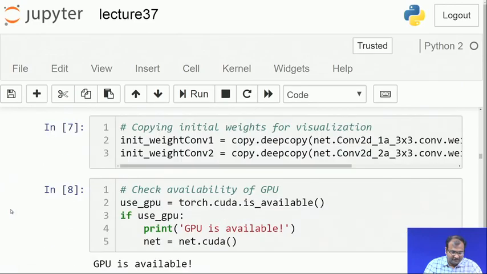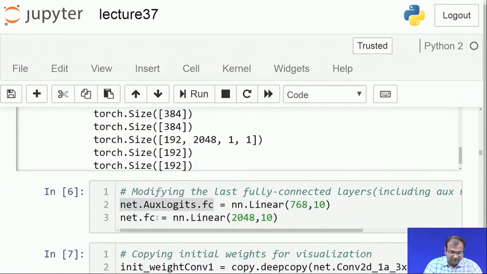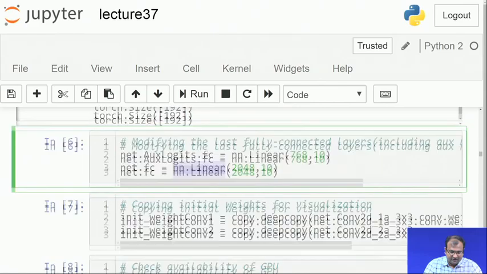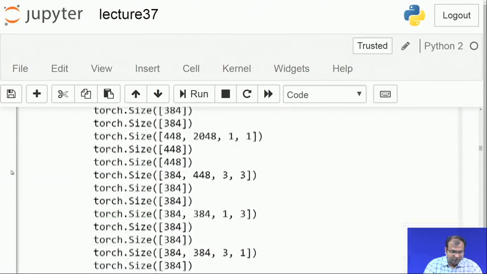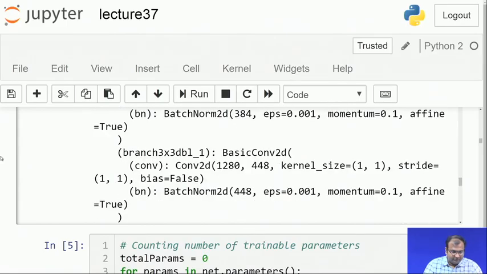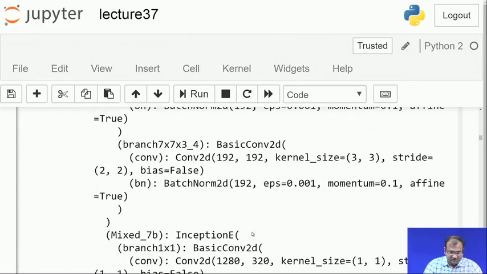So, that is the second part of the change which I am making. I just make this connected from 1024 onto 10, and then the other part which I need to change is somewhere up where I have my auxiliary classifications.